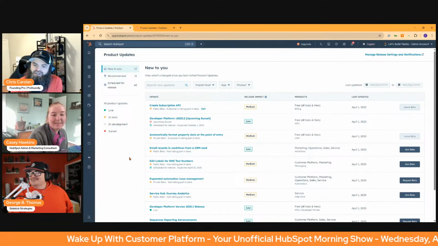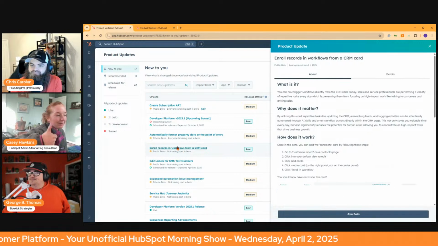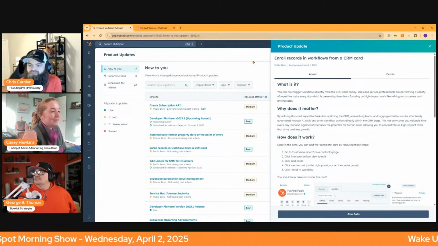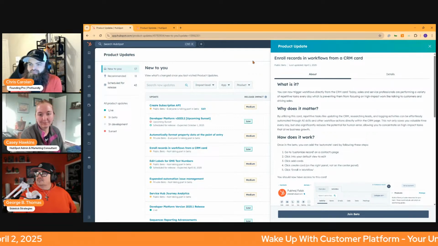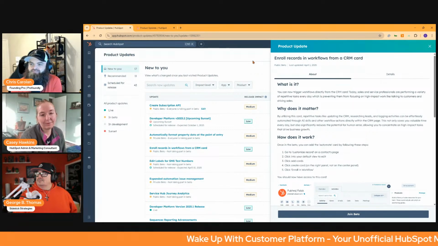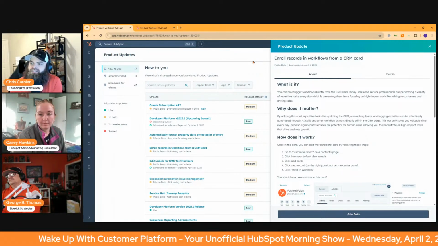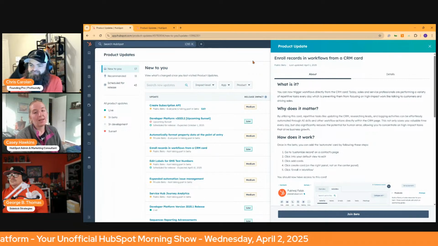Number 4, enroll records in workflows from a CRM card. What is it? You can now trigger workflows directly from the CRM card. Today, sales and service professionals are performing a variety of repetitive tasks every day, which is preventing them from focusing on high impact work like talking to customers and driving sales. Why does it matter?